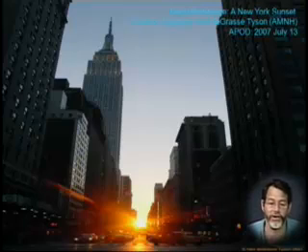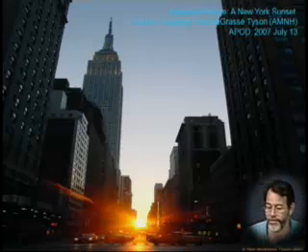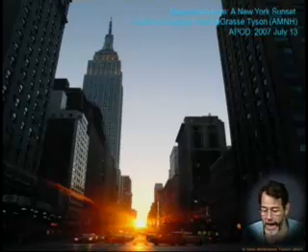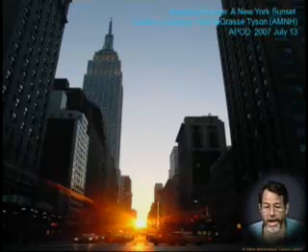There are modern versions of Stonehenge, some of which are relatively expensive to build, one of which is Manhattan. So Manhattan is lined up, the streets. Several cities are like this. This is one of the bigger ones, sometimes called Manhattanhenge. The streets of New York are lined up in a grid, a very accurately portrayed grid, but on very specific days, for instance, July 13, I believe, is one of the days, the sun rises right down the avenues of Manhattan. Other than that, it doesn't.